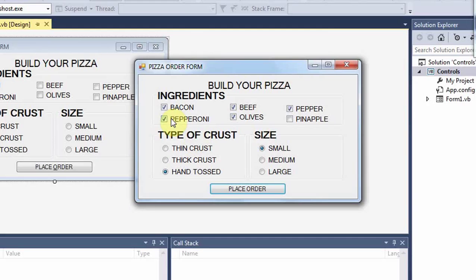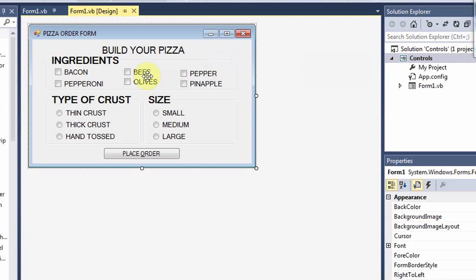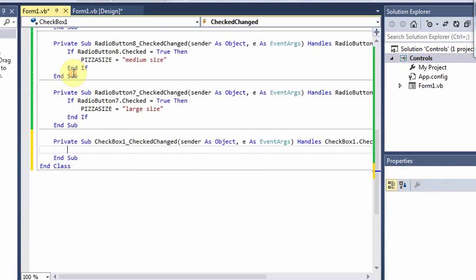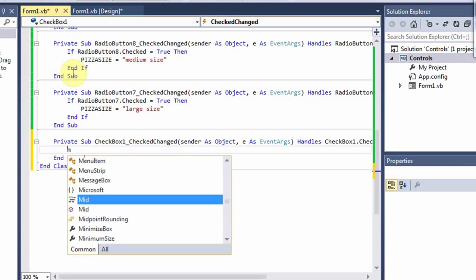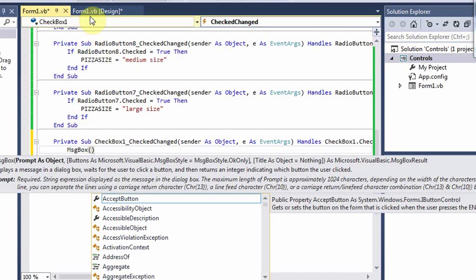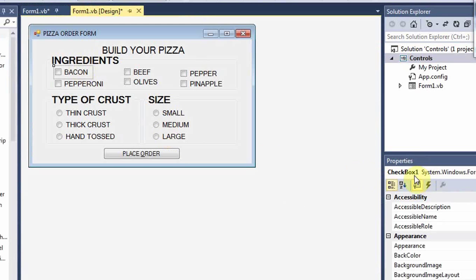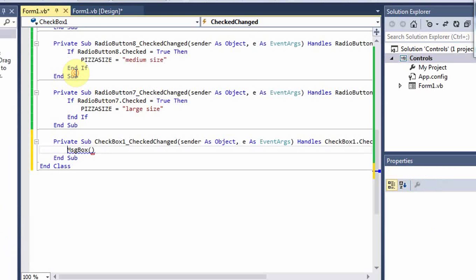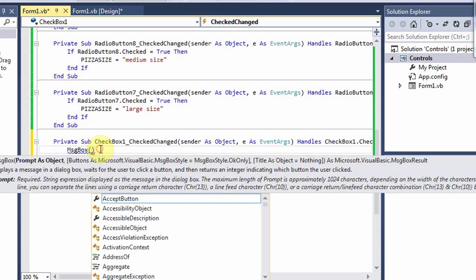The exact same thing is true for the checkboxes. In fact, let's do that. Let's build that from scratch. Let's make a check changed event for the bacon. Okay? Now, that is checkbox 1, because when we click on it, we see it's checkbox 1. And going back to the event handler for the checkbox's most common event, which is check changed, just like the radio button, we're going to put